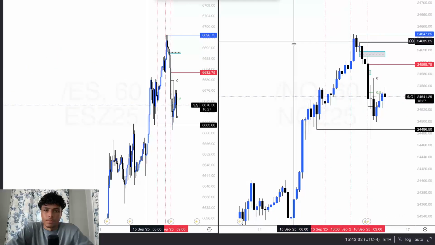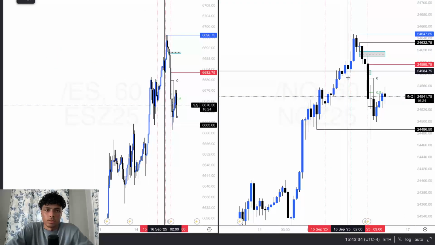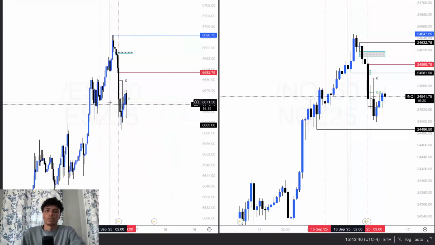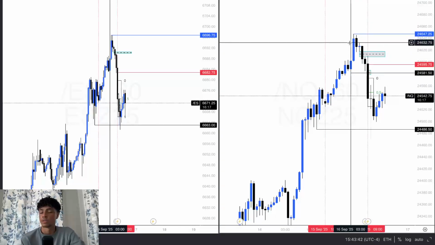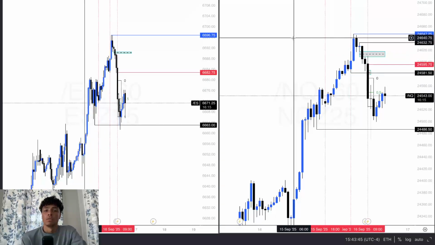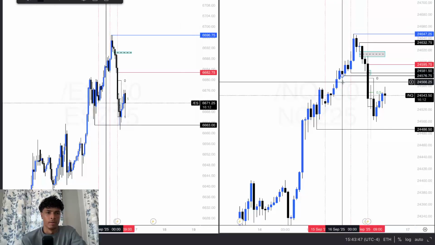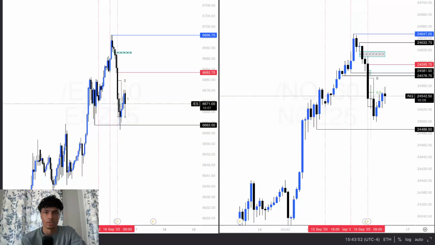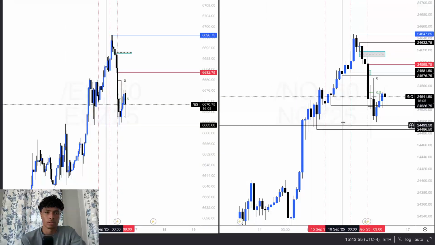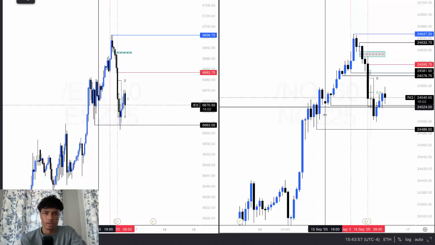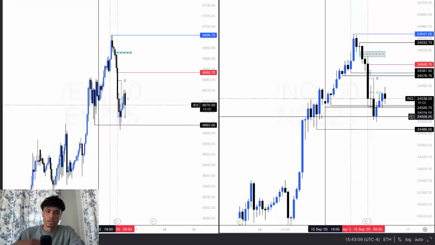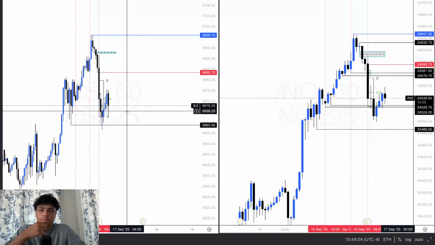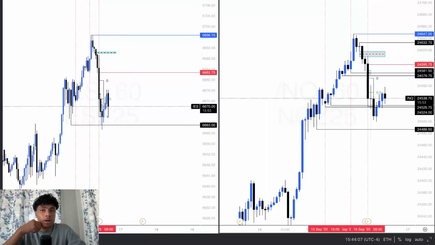So in the 1 hour, let me change this. Yeah, there you go. It was red. All right, let me change to black. Okay, so in the 1 hour, as you can see, it was on all-time highs, but there was a lot of low resistance liquidity on the low side, right? As you can see right here, there were London lows, Asian lows, hourly lows, previous day lows, as this one right here, and then same thing here. And so I had a bearish bias.